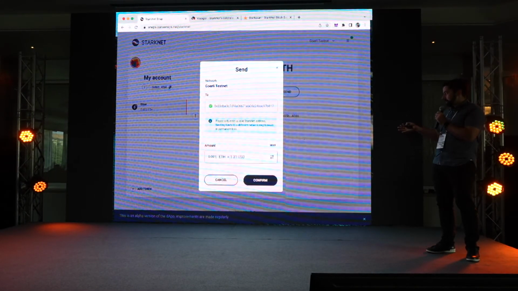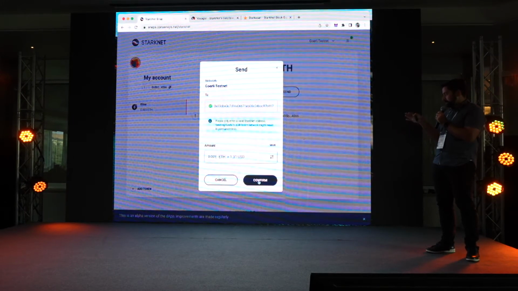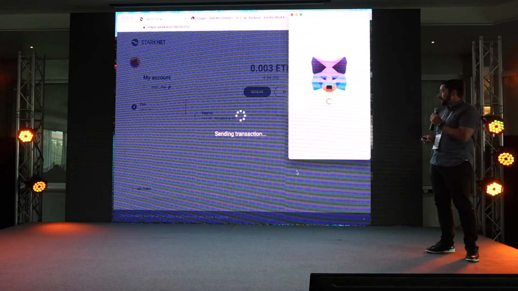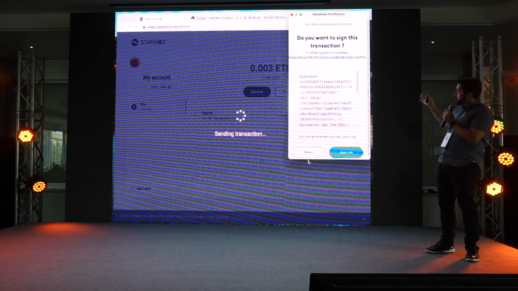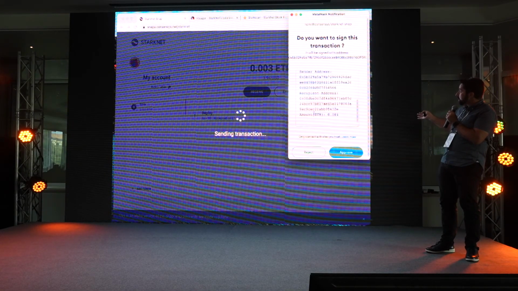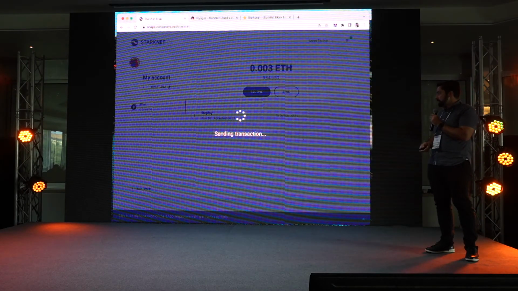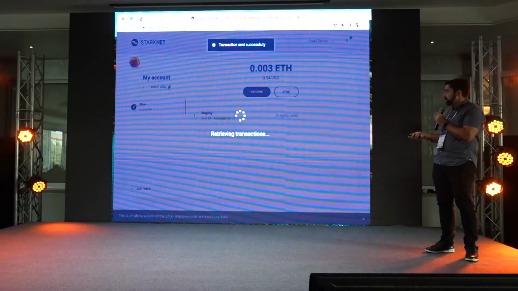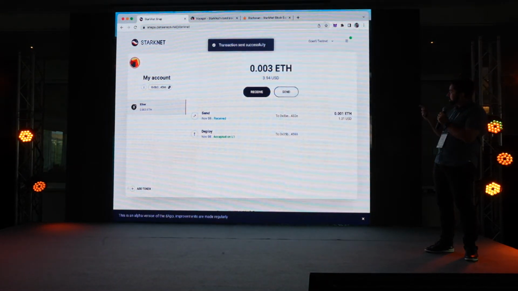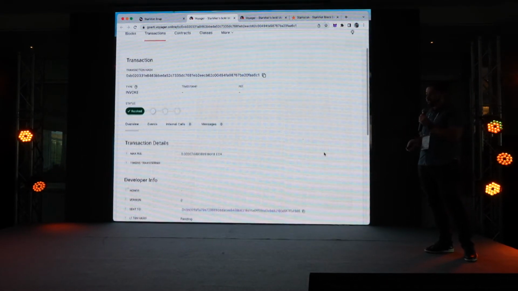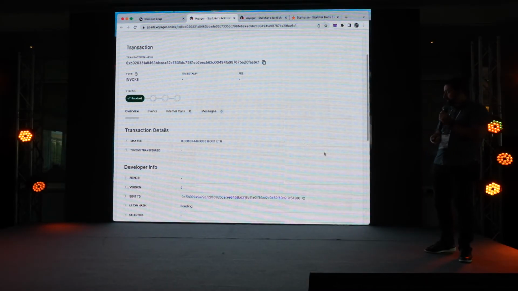I'm going to do a very cheap send here, $1.31. The transaction fee is only 10 cents because it's on an L2. And when it confirms, this dialog is created by the snap. I know it's a little bit hard to read here, but it's just showing the information about the transaction. And similarly, this transaction is going to show up on, I think, Voyager or StarkScan, one of those two. This is going to show up on Voyager. So this is a StarkNet transaction that was facilitated by the snap.